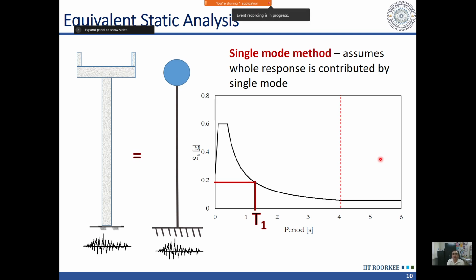That nomenclature is not valid now. Earlier, when the code was having the seismic coefficient method, then that nomenclature was okay. But now even in equivalent static method we are using response spectrum. Only thing is that we are using a single mode, and that period which we are getting in the fundamental mode, that period we are using to get the response, and we get the single value of spectral acceleration we multiply by the whole mass. We assume that whole mass of the structure is participating in the fundamental mode itself, and we multiply that mass with this response in the first mode, and that gives us the force acting on the structure. So that is what we call equivalent static analysis.